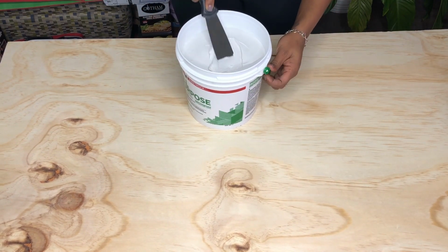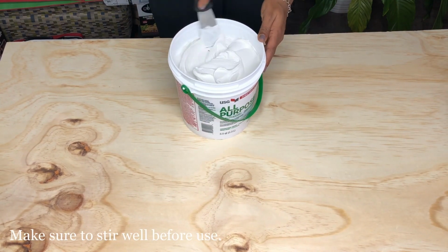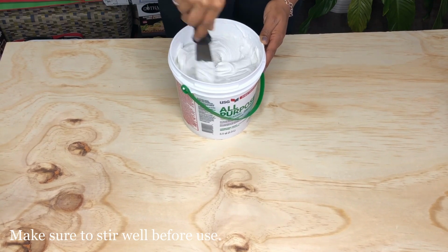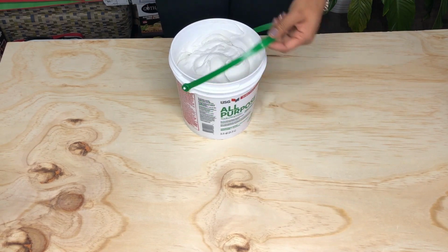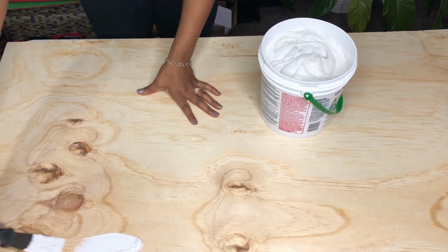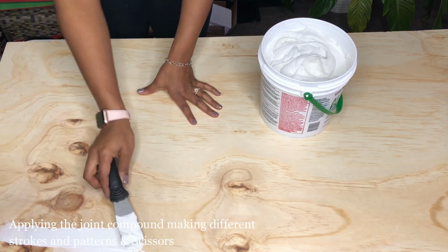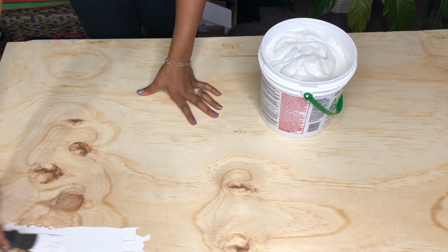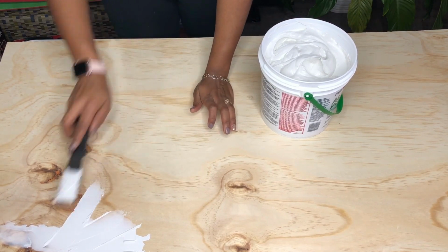All right, so this is what the joint compound looks like. Let me apply it. I think I want to apply it kind of like in a downward motion. And also give it a